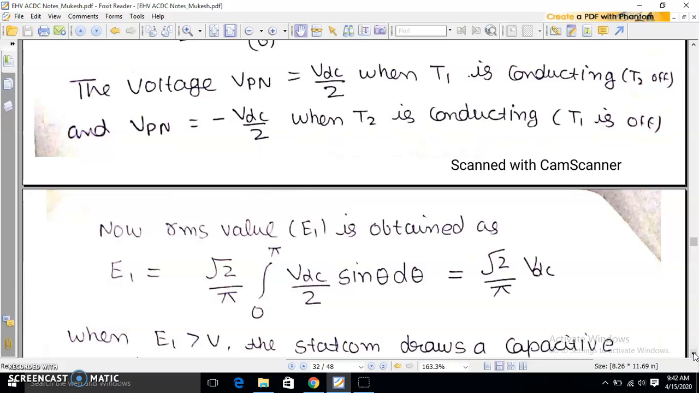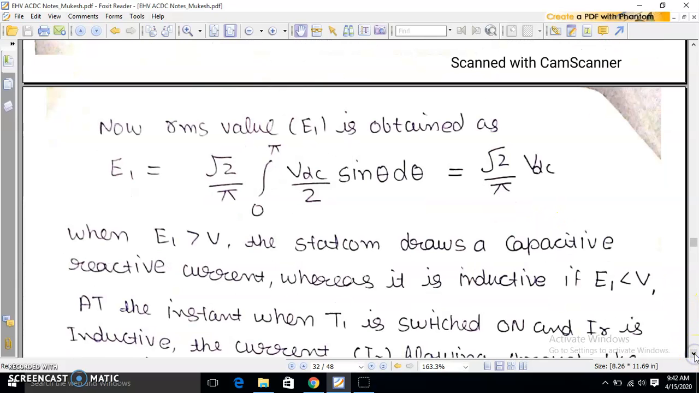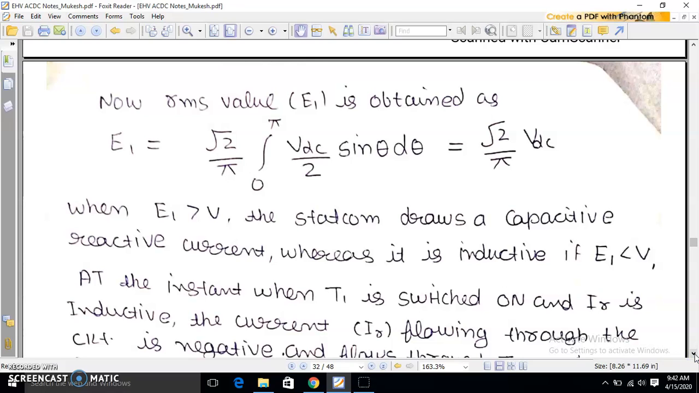Now the RMS value E1 is obtained from this equation, which states that E1 is equal to root 2 upon pi, the integral from 0 to pi of VDC upon 2 sin theta d theta, that will be equal to root 2 upon pi VDC. When E1 is greater than 0, the STATCOM draws a capacitive reactive current, whereas it is inductive if E1 is